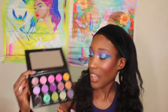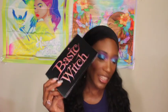You might want to look for the old one on Mercari if you don't care about having it, and you can find it at a reasonable price, because people on Mercari be going crazy. But back to this, I love the color story of this. I think it's stunning. It definitely is a fun version of the Moonspell palette from Lunar Beauty,